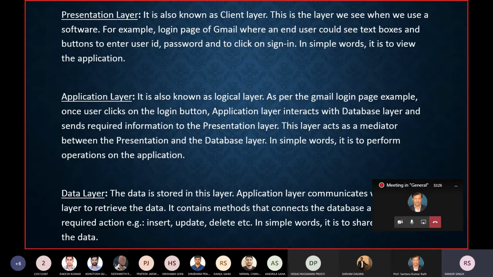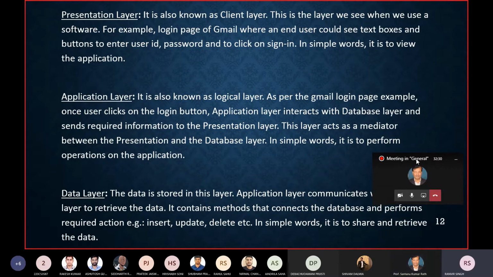The required actions can be insert, update and delete. Insert means the new account. Update also: if a user has by mistake put his name wrongly, he can update it and correct it. If a user has made two accounts and wants to delete one, he can also delete it. And in simple words, it is used to share and retrieve the data.